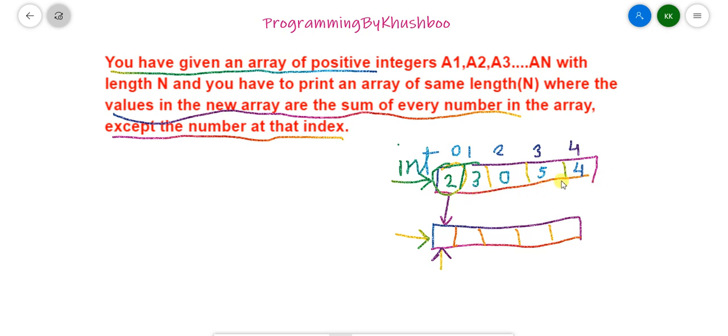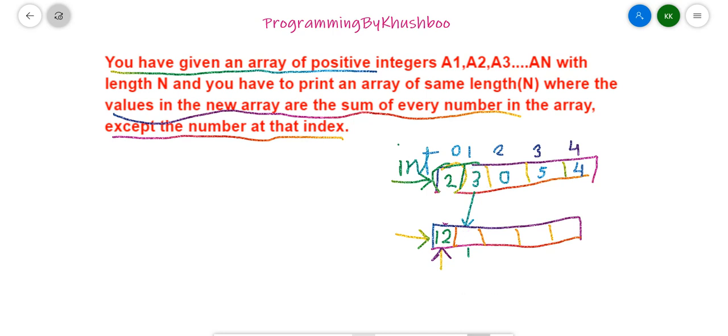The sum will be 4 plus 5, 9 plus 3, 12. So we need to print 12 here. Again, for index 1, we print the summation of all values except this particular index. So the value will be 5 plus 4, 9, 9 plus 2, 11. So we need to print 11 here.